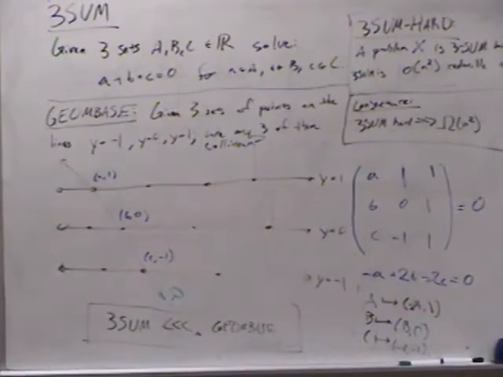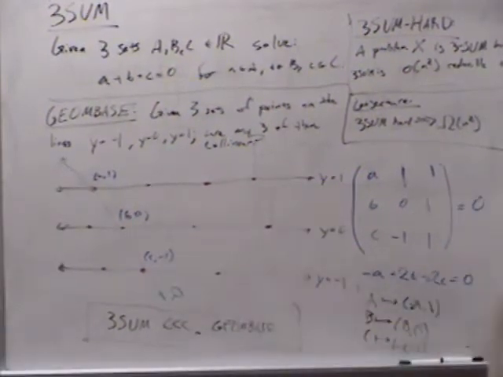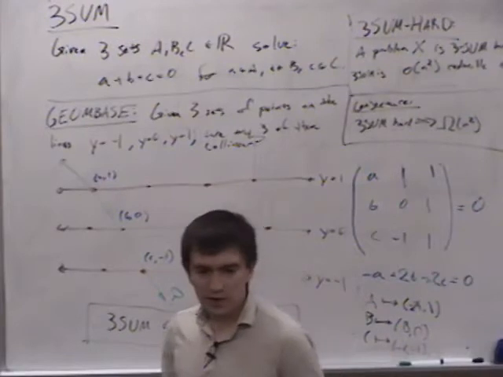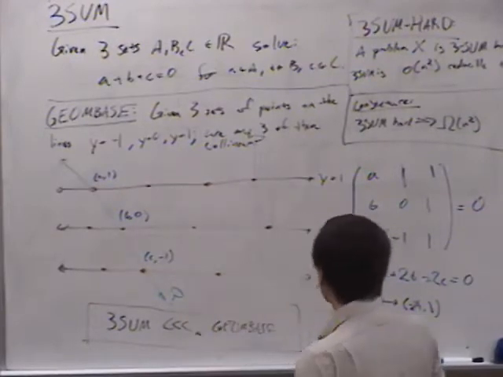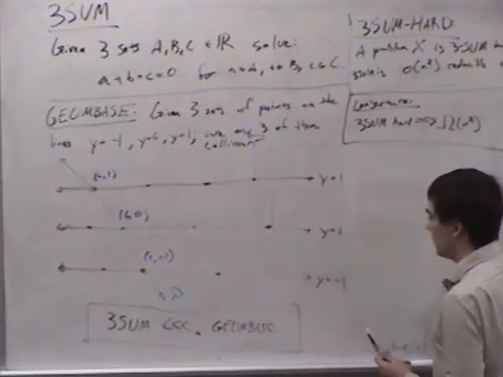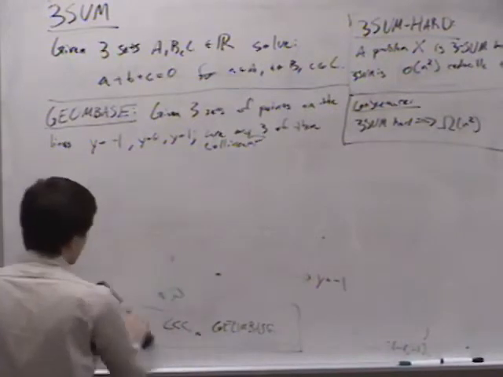So g on base is, in a sense, at least 3-sum hard. So any algorithm for solving g on base is going to probably take at least quadratic time. So all right, that in and of itself is maybe not too weird, right? But g on base is not too far off from a variety of other interesting problems that we'll encounter, and have already encountered perhaps in some form or another. So I'm going to erase this little chunk over here. All right, so keeping this g on base on the board,